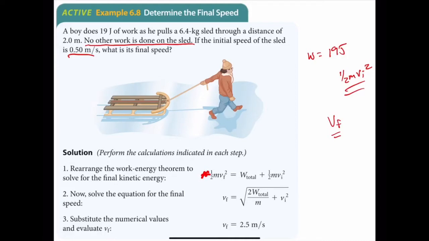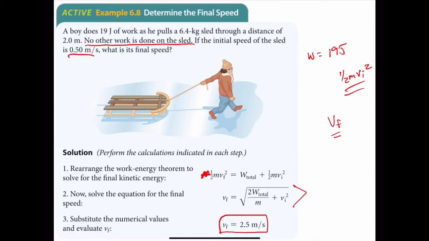If you rearrange the formula without putting in the numbers, you'll end up with this equation. You do not have to do that. You can plug the numbers in and just solve it algebraically. Either way you go, when you get done, you'll end up with a VF of 2.5 meters per second. I hope you ended up with that one. We're going to spend the last few minutes here on this section taking a look at basically classic